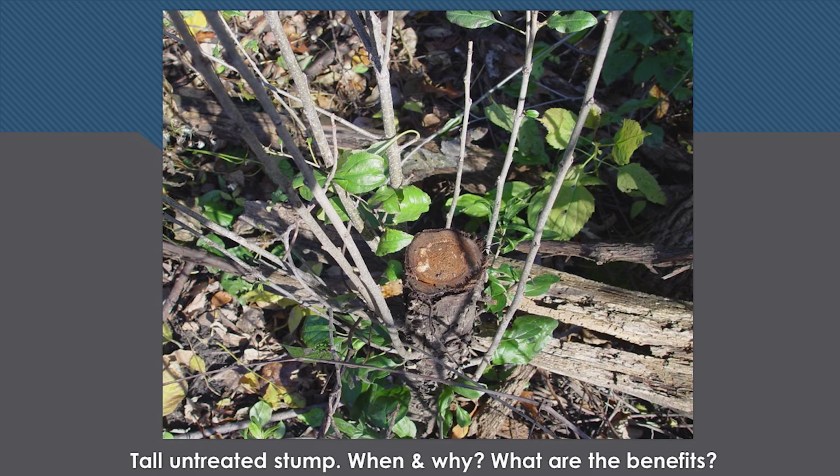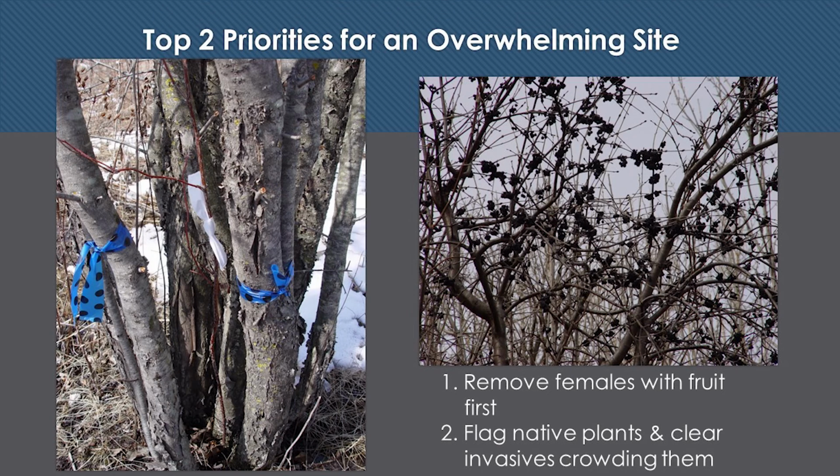Okay, good. All right. So now, back to my college days. The top 2 priorities. You have to memorize this. The top 2 priorities that keep you from having to do just gobs of work when it's miserable in the summer and it's hot and sticky. You don't want to be doing it. You can do it in the off season from November all the way to the end of March. You can be working on your garlic mustard, your buckthorn.